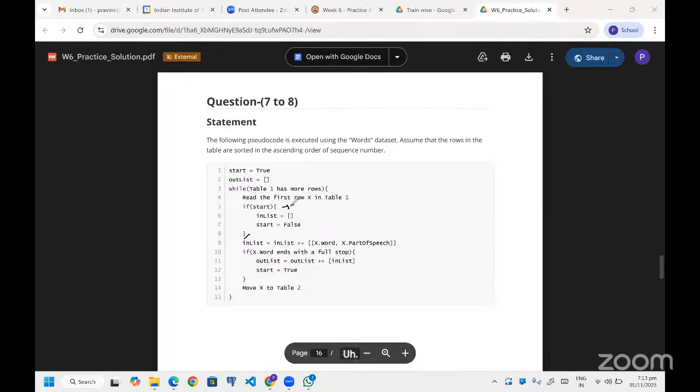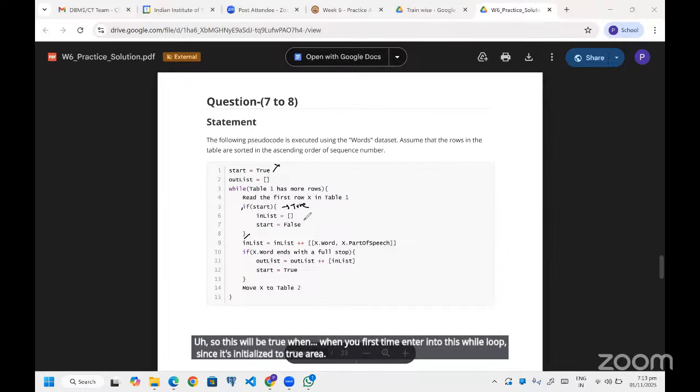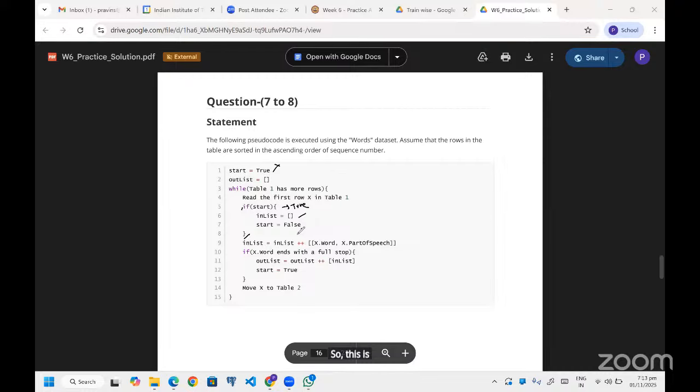So this will be true when you first time enter into this while loop, since start is initialized to true. This is now an empty list, this is now false. Now what you are doing, in list plus plus x dot word, x dot part of speech. So you are appending the in list with a list of list. So it's like he, pronoun.